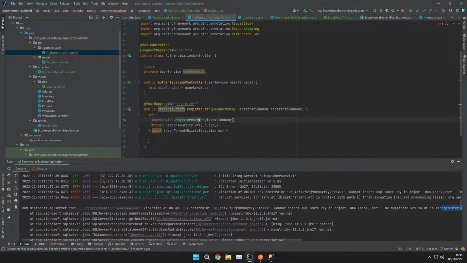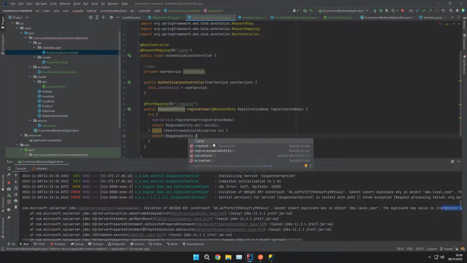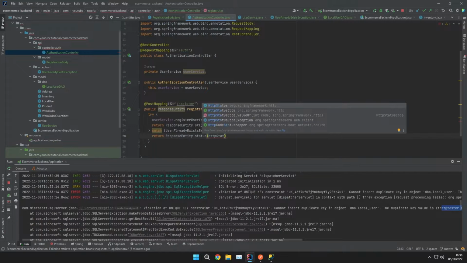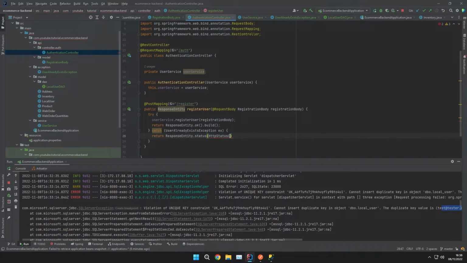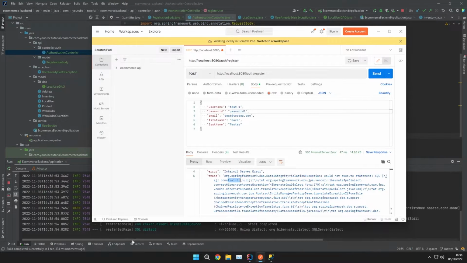Right, so response entity okay dot build, and that means that when we register, if we don't fail this line here, we're going to return response entity dot okay, which is the 200 command, and build that entity and send it out. Otherwise, we're going to return response entity dot status and HTTP status code dot, and then there's one called conflict, and then we're going to build that and send it. So now if we restart our application here, we can see it building in the background, and